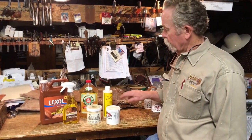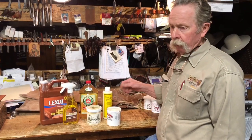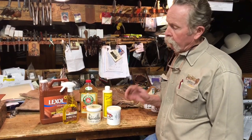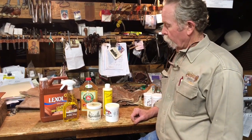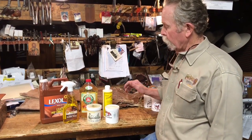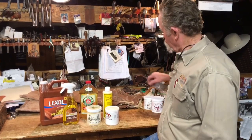Either one of these is going to give you a little waxy feel to it, which a lot of people like. If you don't like a waxy feel, I wouldn't use either one of them, but they're going to last pretty good whenever you put it on. Okay,